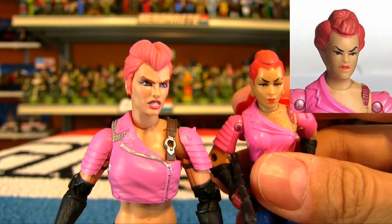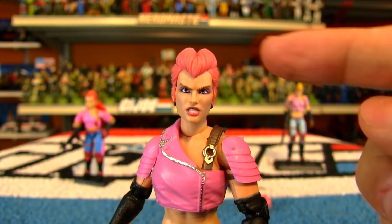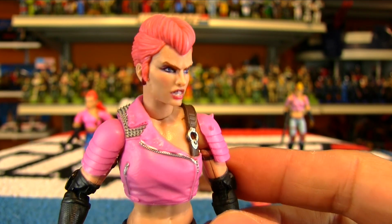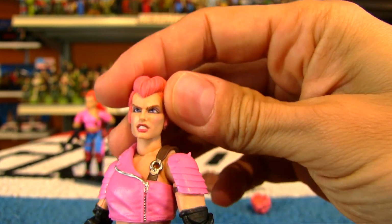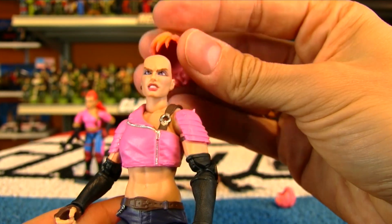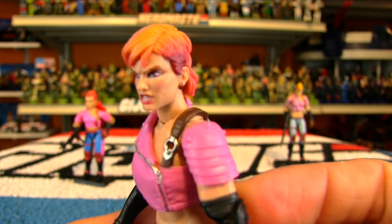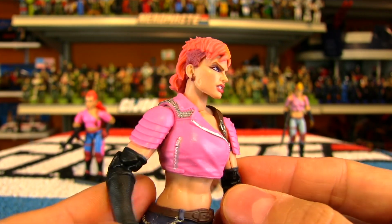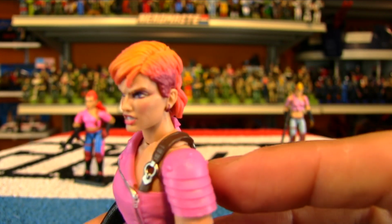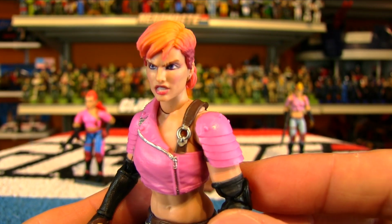maybe a little more retro looking, this might be the alternate hairpiece of the figure that I don't have. Nice bonus for the people who really like that vintage figure, but that looks a million times better. Much more punk rock, and just fantastic different color applications on there. Really like the subtle yellow, orangey yellow